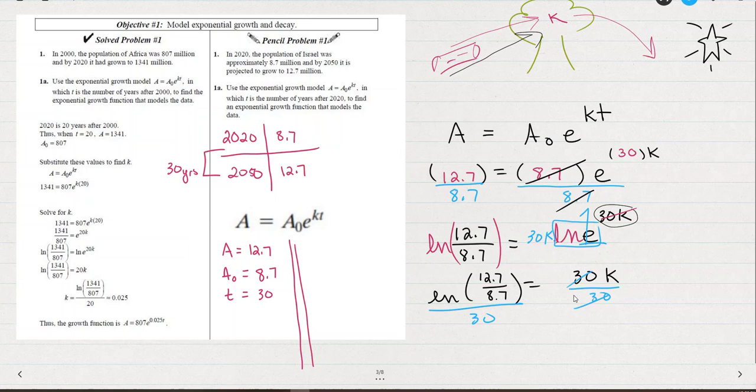It can be a little tricky when you're first learning how to type these into your calculator, so follow along with each step carefully. Here's what I'm putting on my calculator. I'm going to find the natural log button. Notice that's an ln, not a 1n, for log natural. So I hit the natural log button, the parenthesis opens up already, and then I'll put 12.7 divided by 8.7, and then I'll close the parenthesis, and then divided by 30, and that gives me that k is approximately